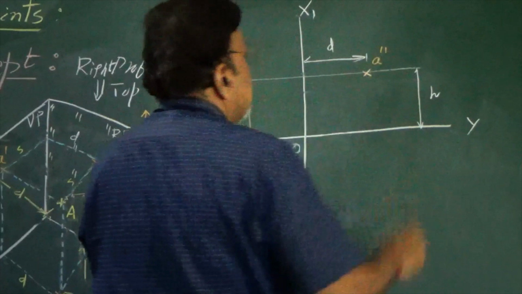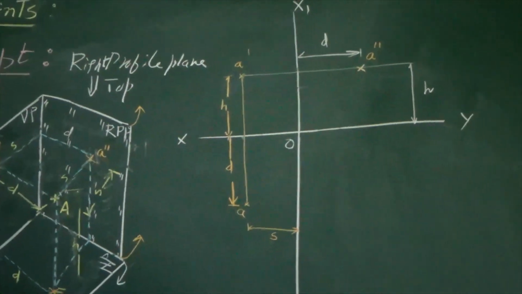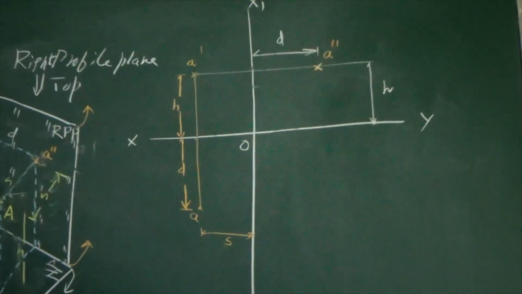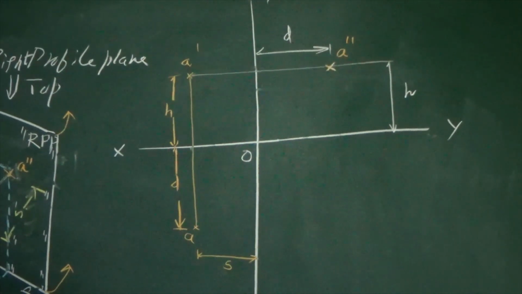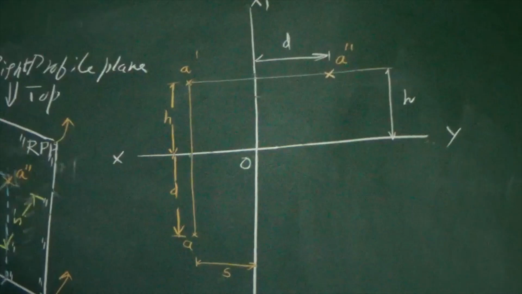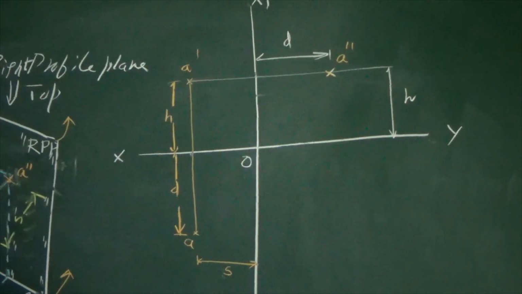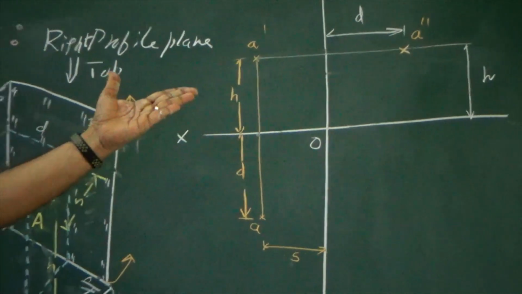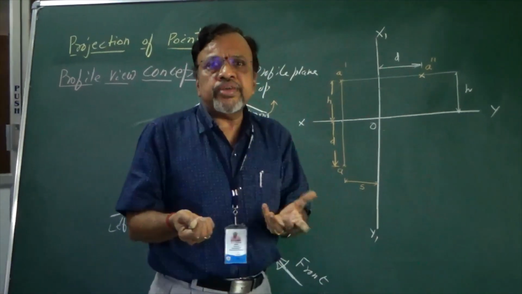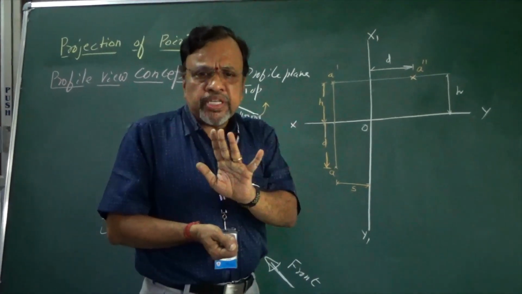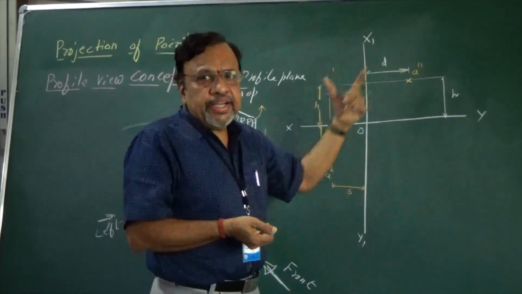A double dash. But strictly speaking, let us say this is a simple problem wherein we have only one point. Let us say if an object has some 8 corners, then measuring these distances, 8 distances, becomes very difficult for you. So which is the simplest way of getting this D distance?